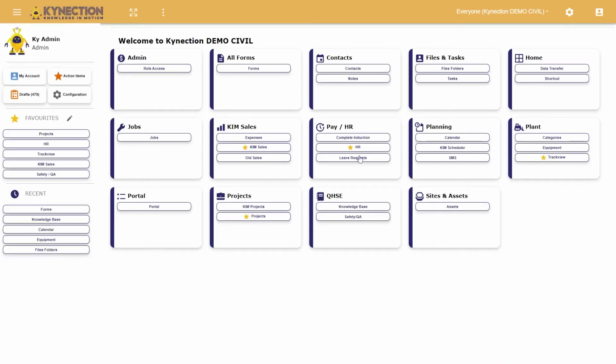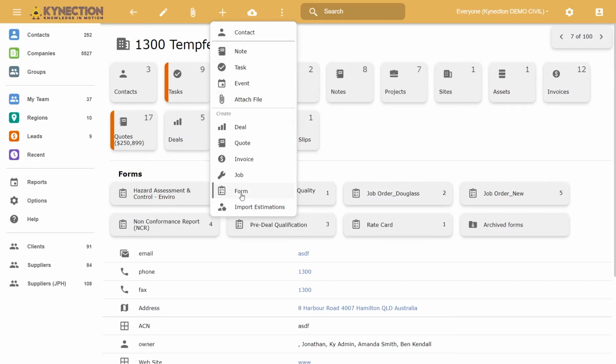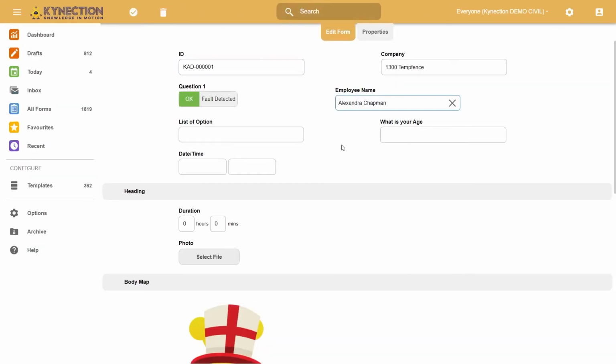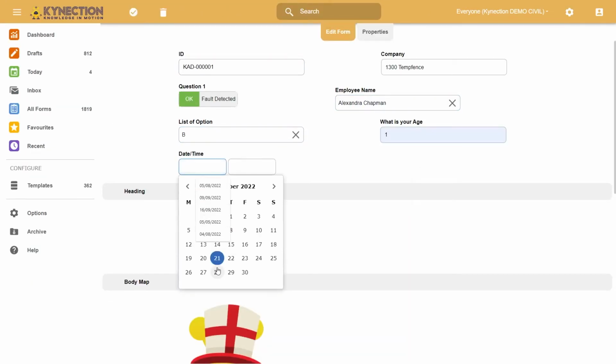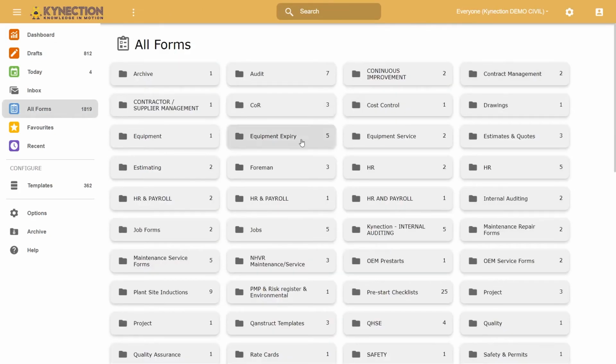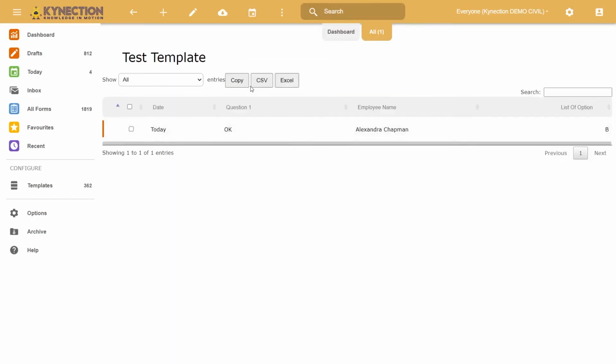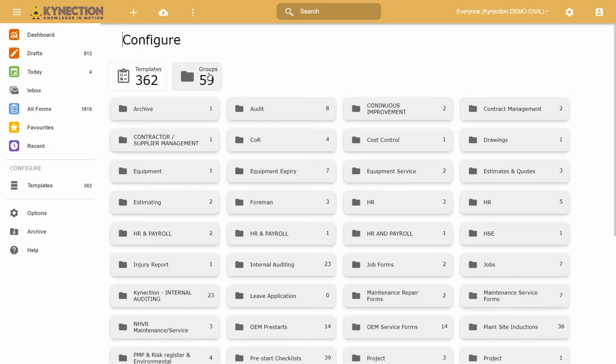So I'll go ahead and quickly create a form. Then if I go back to all forms and find that template, you've got those columns sorted or added instead of the ones that were there by default. That's what that setting does. So if I go back to here,